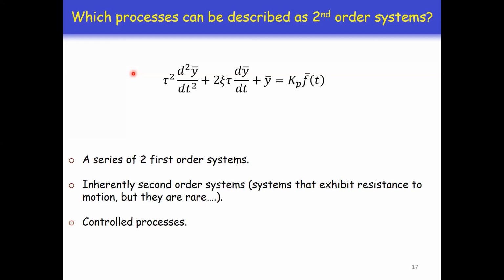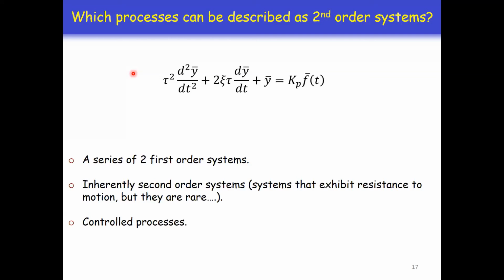Because when we have a series of systems, the overall transfer function is the product of the single transfer functions. So the product of two first order transfer functions is a second order transfer function. So if you have two first order systems in series, the overall system will be second order. Does this make sense? Yes. Okay. And third possibility,